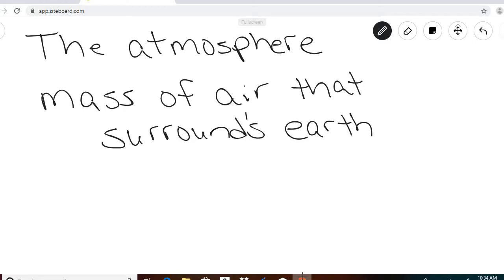So, as we've talked about previously, air has mass, and because it has mass, it presses down. The air that surrounds Earth is pressing down on Earth, and what that means is that at sea level,